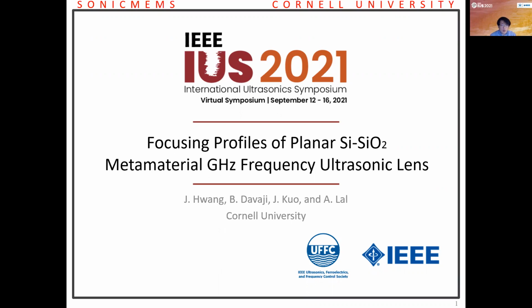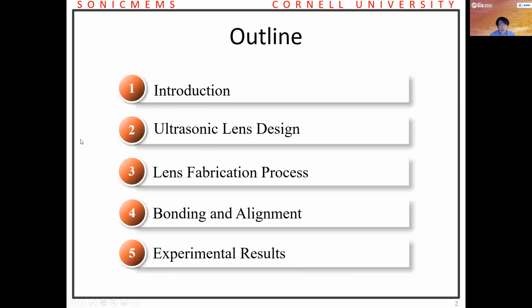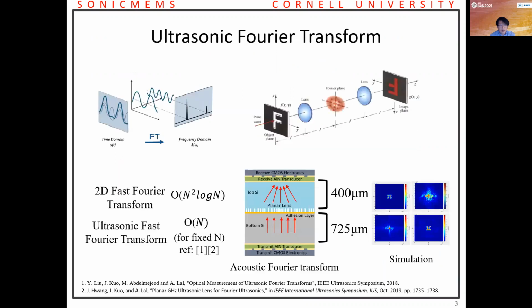This presentation will be on the focusing profiles of planar silicon dioxide metamaterial gigahertz frequency ultrasonic lens. The outline will be on the introduction, the ultrasonic lens design, lens fabrication process, bonding and alignment, and finally the experimental results. The idea of using the ultrasonic for Fourier transform is to implement a device where ultrasonic is transmitted